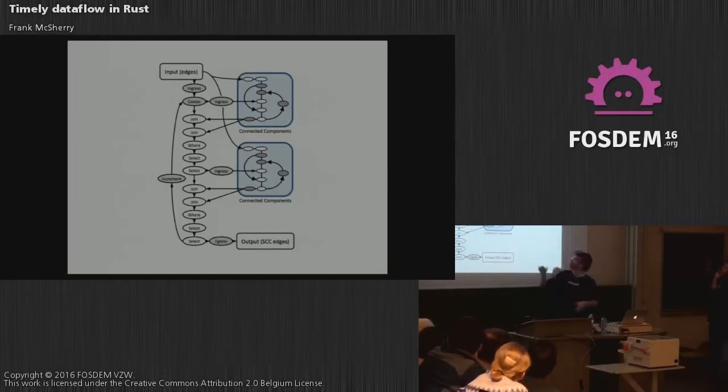There's a stream of edges coming in, so we have times, like actual wall clock times on records, but then we have loops. This loop here, implicitly we want to know, is this the first time around, second time around, third time around. We have, within each of these loops, dangling off of them two independent subcomputations that themselves have loops. So we have nested loops going on. And it's very important to understand, as you're moving data around,